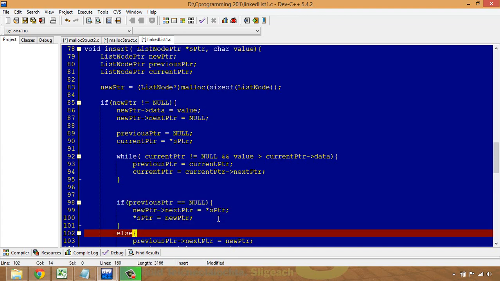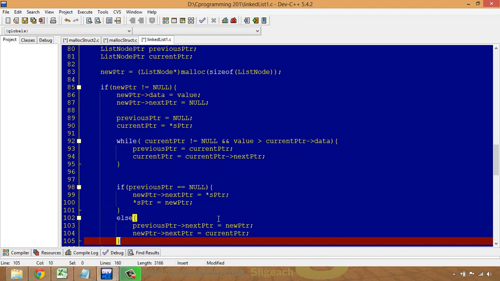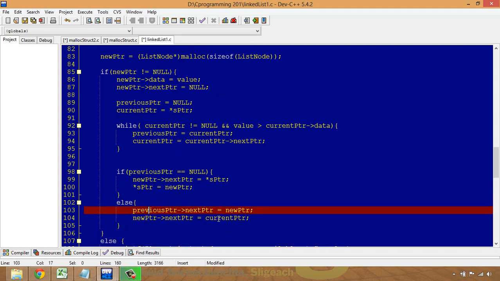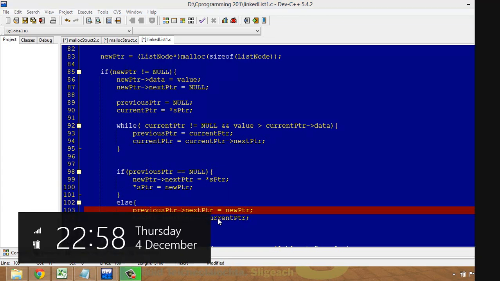What happens if we are not the first item in the list, there's already items in there? Well, what we do at that point is that, and remember that we move down along the list until the current pointer was a value that we want to insert in front of. Okay, so the current pointer is pointing at a link that's where we're going to make the break, or we're going to make the break in front of that. So what we do is we